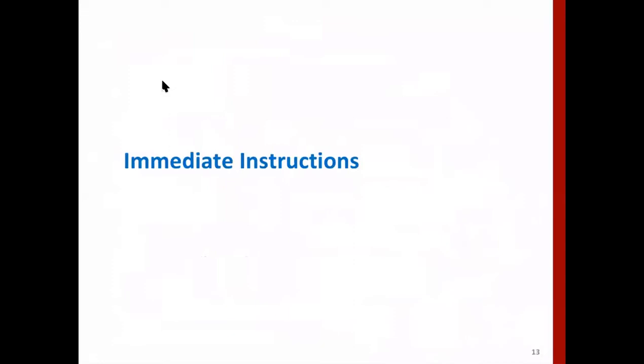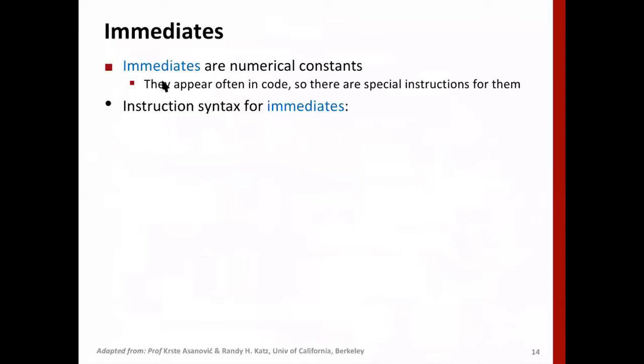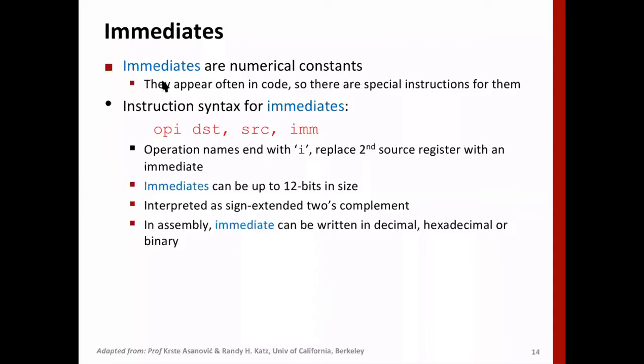Okay, so the second type is where we use a constant as an operand, or an immediate type. Here the syntax is the opcode, which we write as OPI, where I stands for immediate. This instruction will have one operand which is immediate: the destination, then the source and the immediate. This is in general the format that we use, right? Immediate is nothing but a constant, and in general it represents the instruction of immediate type.